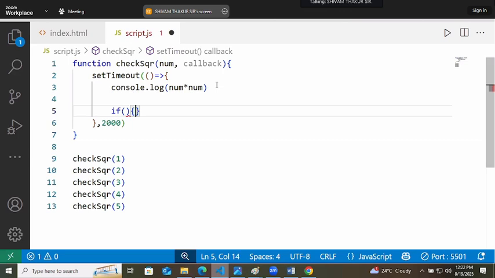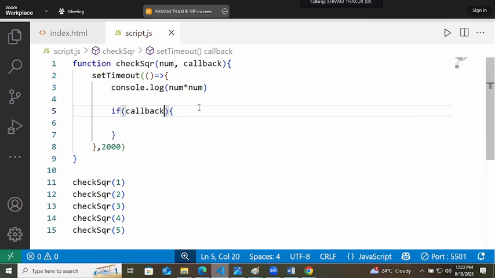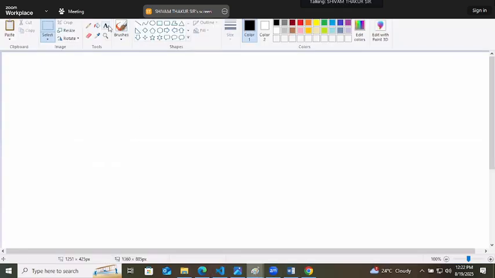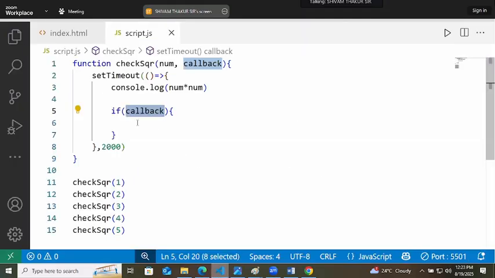if callback. Callback means, in JavaScript, I think I have told you that non-empty strings are true, right? So I am providing the same value, that if you want to check the square of any other number, then execute the function. If callback, callback.